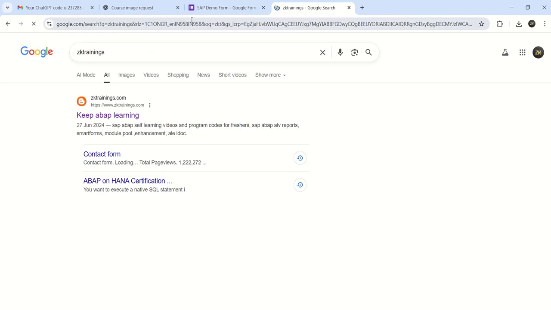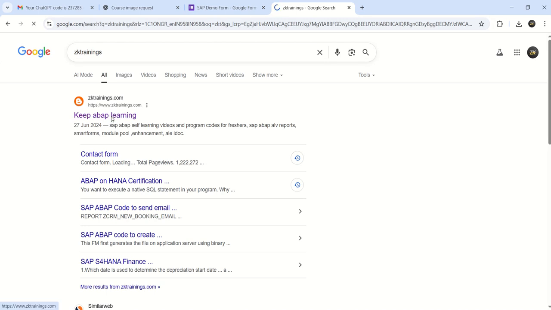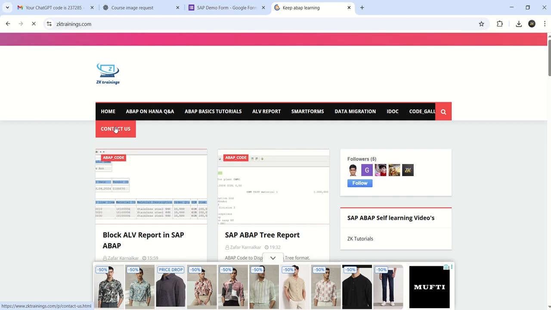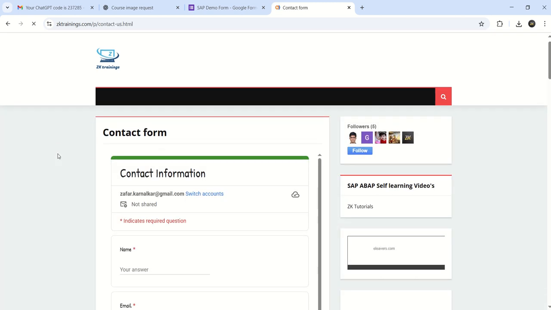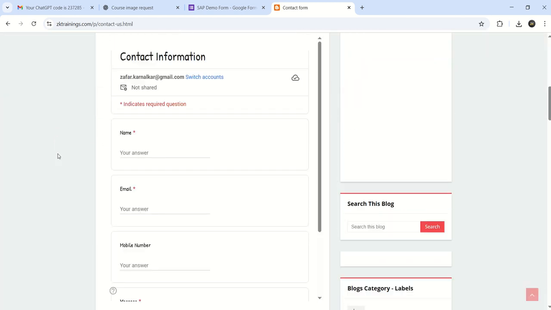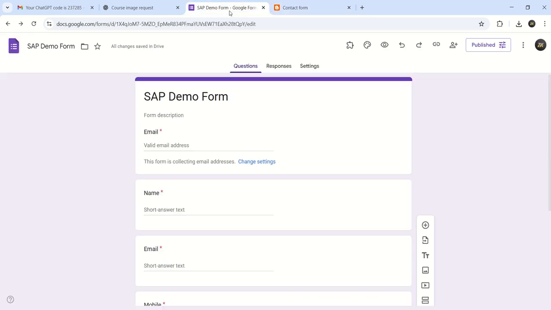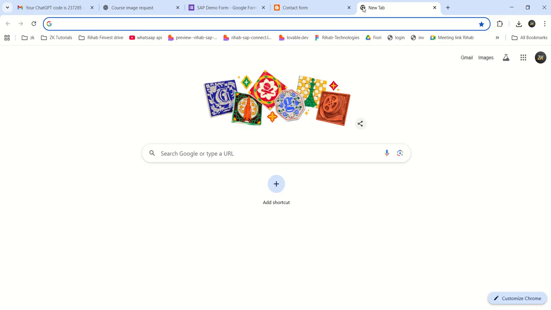Like in one website, I integrated that contact us page. So many web pages can use it. Like here in the contact us page, we can see a similar kind of form. So we can either integrate it in a web page, blog page, or share it with any other website or direct link. Okay, so now I will enter that link here,